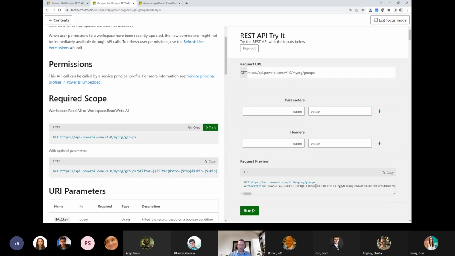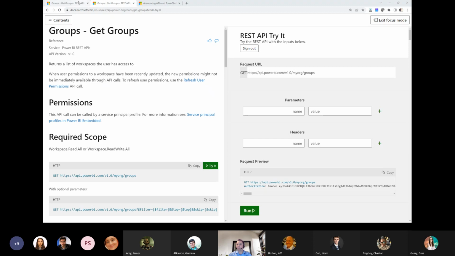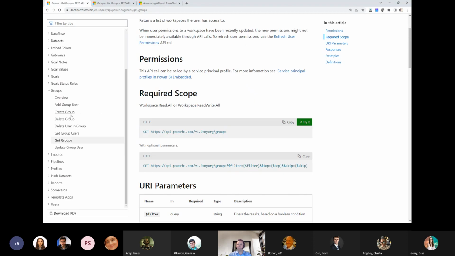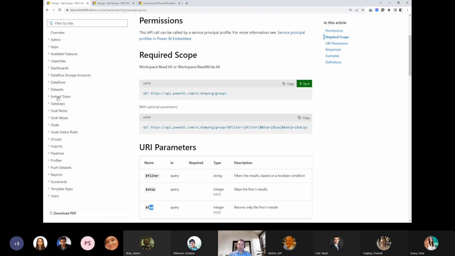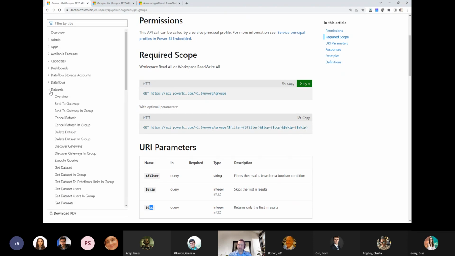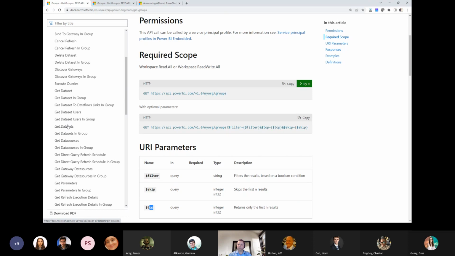Not too useful in JSON format on this web page, but as you might imagine, if you were able to pull that data into a repository or a report even directly, you could start to see some value. So one of the things that's nice about, actually, let me mention one other thing first. Maybe two more things. If I wanted to look at data sets and see the call to get data sets,